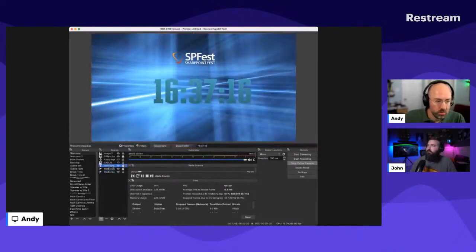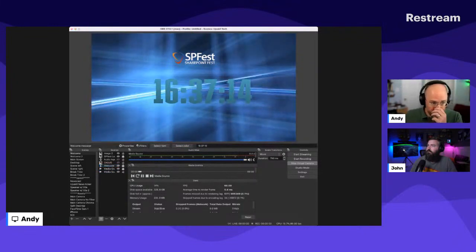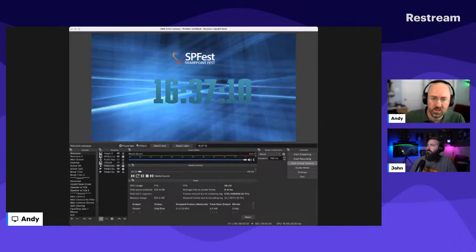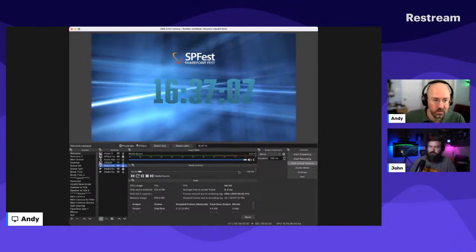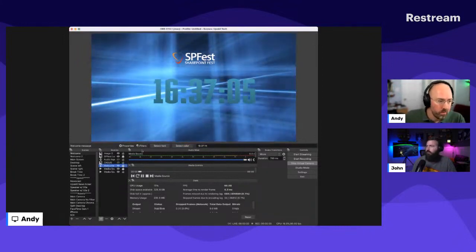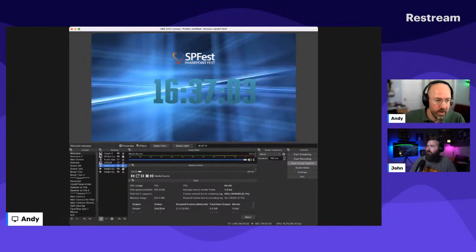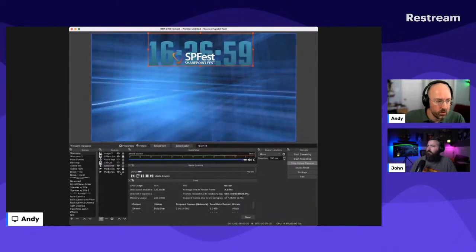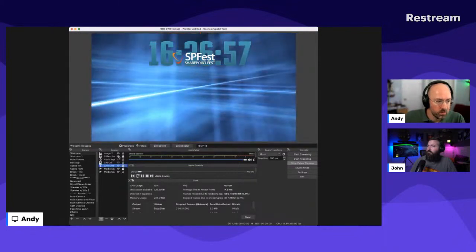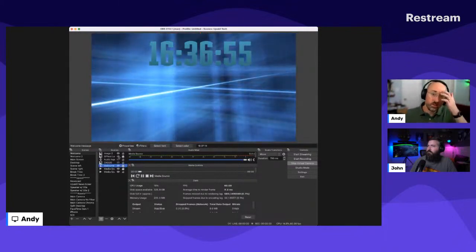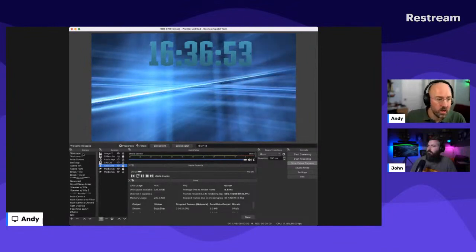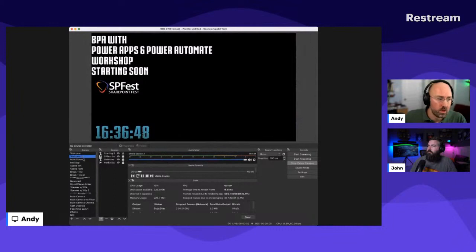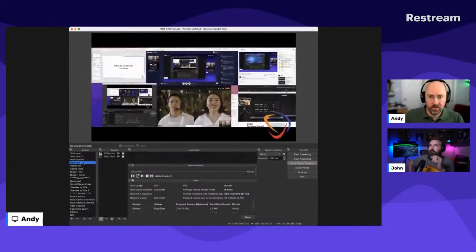You can also go into the properties and change them, just like you would in PowerPoint. The font's not working really well inside of here, so I could change the font color if I need to for this particular image, or maybe the location's not great. I can unlock that, move it to a place where it's going to be a little bit better, and lock it back into place. I can do little things like that. Then through my scenes, I can switch back and forth, and when it's time to kick things off, I can move around.